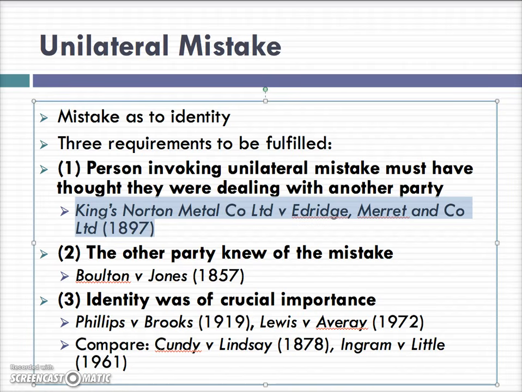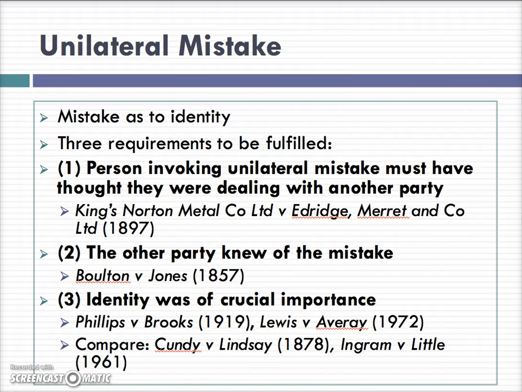However, because this company, Hallam, that the crook had made up was a fictitious company, the court held that Kings Norton was not in fact mistaken as to the identity. They could have only been mistaken as to the identity of the other party if there was another company called Hallam. But of course, there was no such other company. Hence, the contract was not set aside for unilateral mistake, and Kings Norton was not able to recover damages from Edridge.